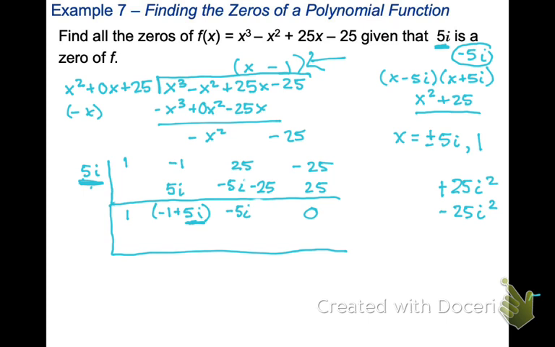Now this one should fall apart pretty easily, shouldn't it? Hopefully. Because we're supposed to have real solutions when we're done, aren't we? Okay, so negative 5i. So I bring down a 1, and I have negative 5i. Well, I'm left with what? Negative 1. Just negative 1. Oh, yeah. And then I have 5i, which I have what? 0. And don't I have x minus 1? Which would give me x equals plus or minus 5i and